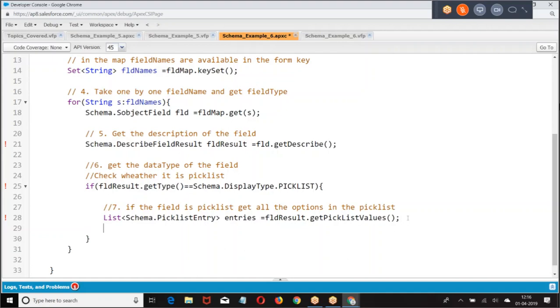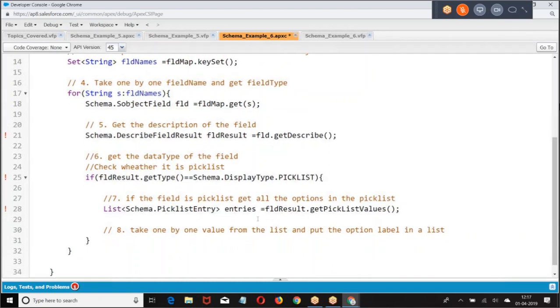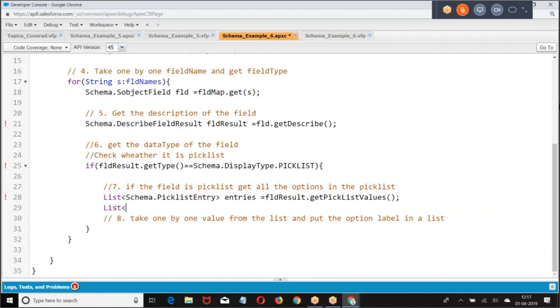Right. Get the values. Once you got the values, take one by one value from the list and put the labels. And what do we do? Stop string.